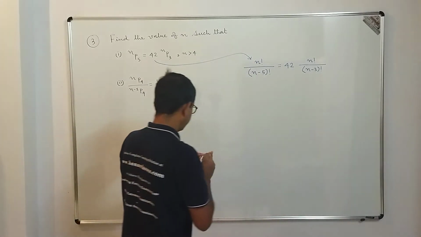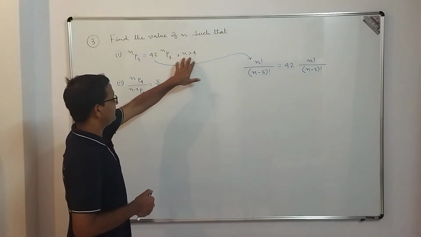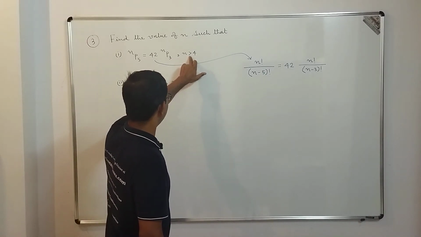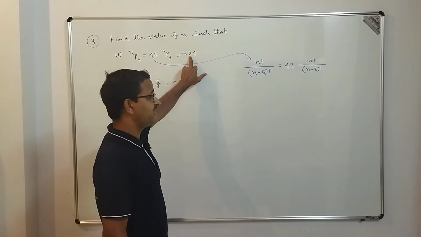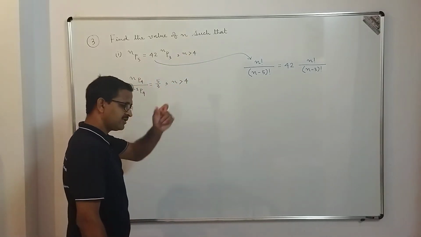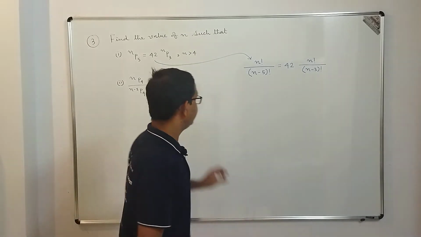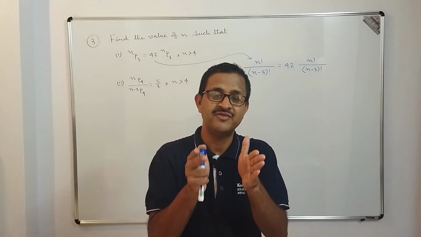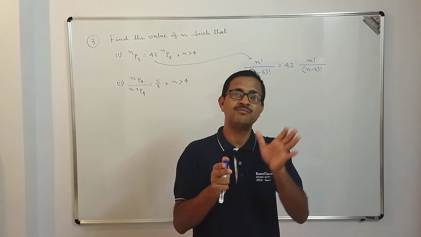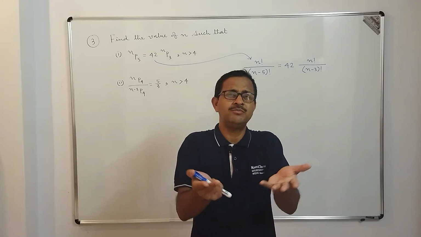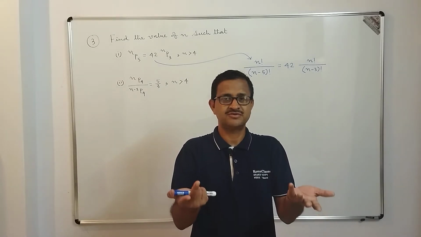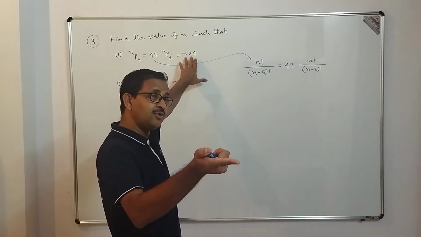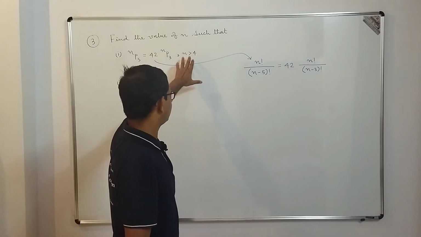Before I proceed further, one point I would like to tell you that n greater than 4 is a very important statement here. You know why? Because if n is equal to 4 or n is less than 4, then the problem doesn't make sense. For example, if we take n equal to 4, then what is nP5? That means 4P5. What is the significance of 4P5? That taking 5 distinct objects from 4 distinct objects. It is not possible. How come you can take 5 distinct objects from 4 distinct objects? Not possible. So that is why n equal to 4 is not possible. In the similar manner, any value less than 4 also not possible. That is why this condition is given.